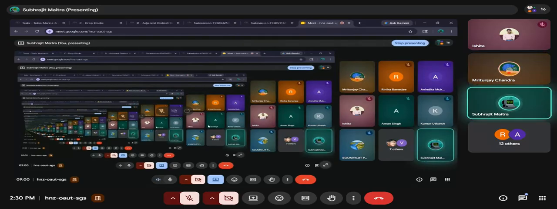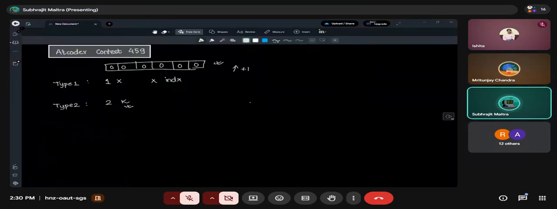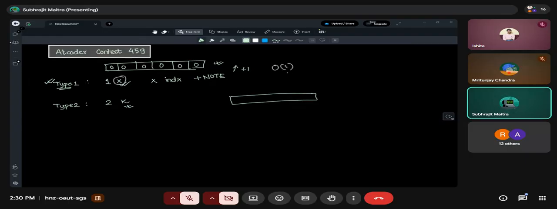Yes, absolutely. This type of instruction has a very important extra note with it: incrementing at index x is an O of 1 operation. So it is not a problem.